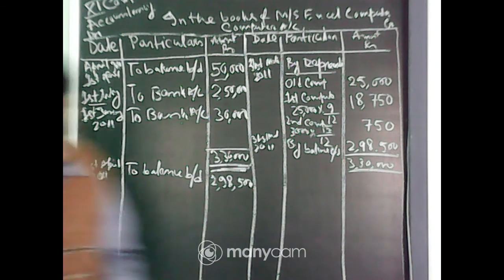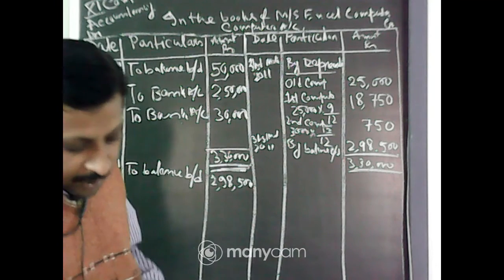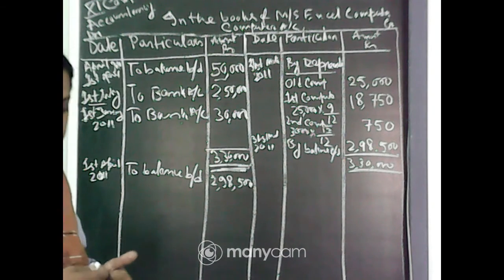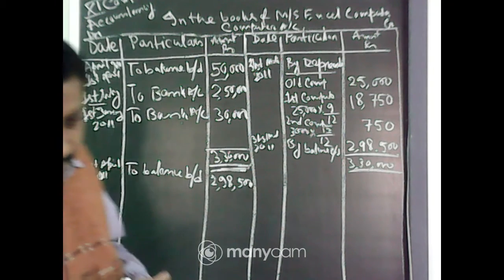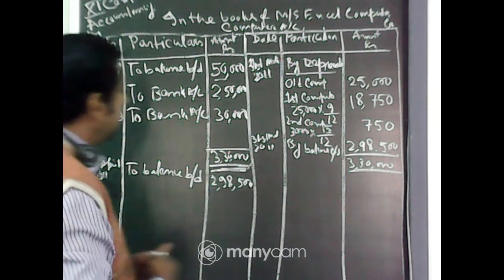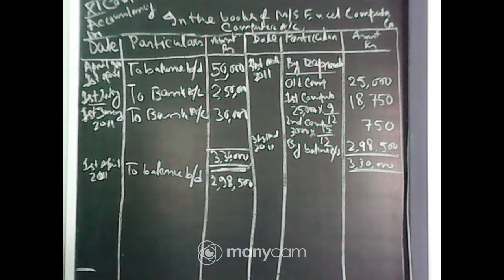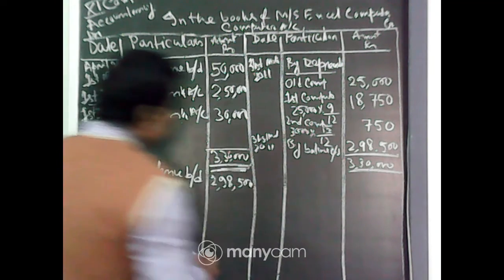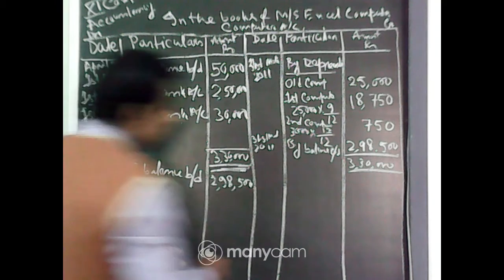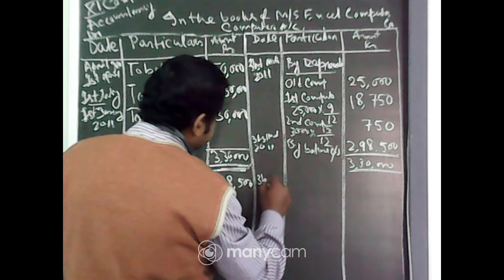In your practical problem, you can see there is nothing told about 2011. They only said that you have to make the 2011 ledger, but they do not say anything, no transaction actually happened in the year 2011. So, we just come to the end of the year, that is 2011 end, meaning the 11-12 financial year, that is 31st March 2012.